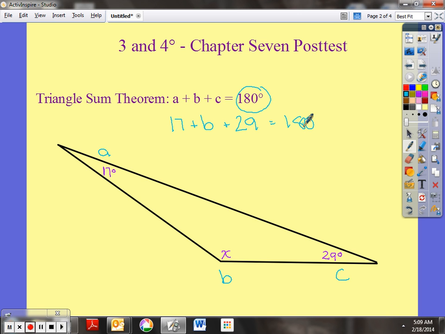Going back to a couple weeks ago, we were doing combining like terms. Well, I have two whole numbers. I will add those. I believe that 17 plus 29 gives me 46, plus B equals 180. Remember, I would then isolate this B. I want to get rid of the 46 to isolate the B. If I take a look, that means B is equal to 134 degrees. Make sure you put that